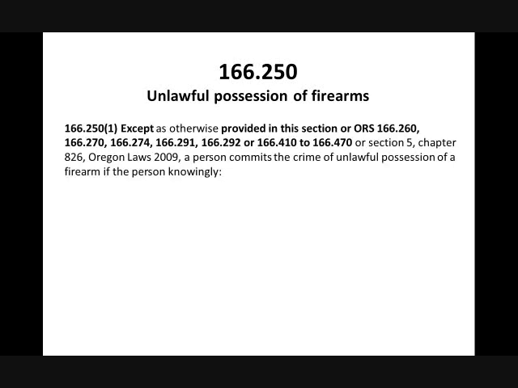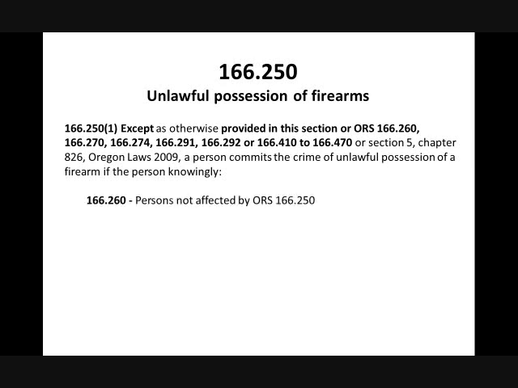Which brings us to 166.250, which is the meat and potatoes of what we need to worry about. That's unlawful possession of firearms. So except as otherwise provided in this section, or 166.260, 270, 274, 291, 292, 166.410, or 470, or Section 5, Chapter 826, Oregon Laws 2009, a person commits the crime of unlawful possession of a firearm if the person knowingly... and before we go into what it is, we're going to cover all of those regulations so that we know what the otherwise